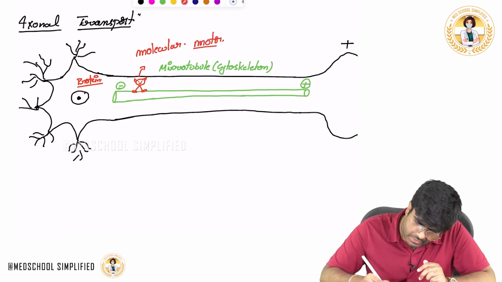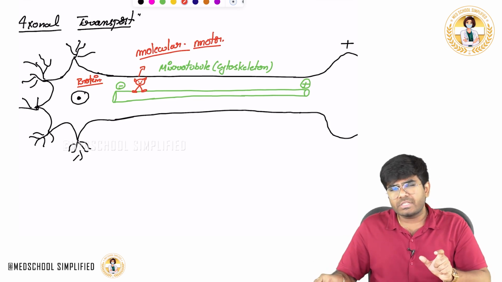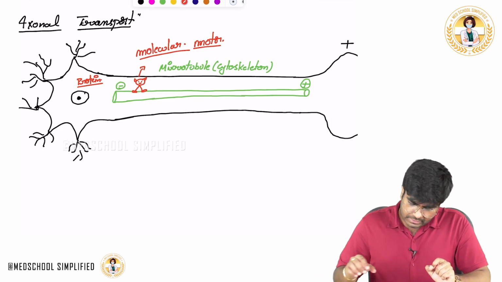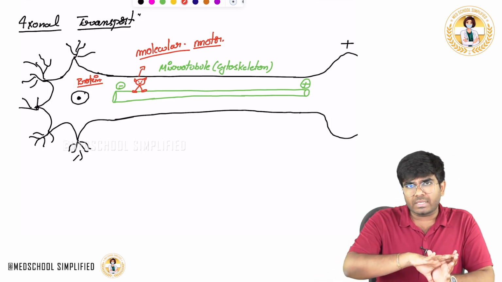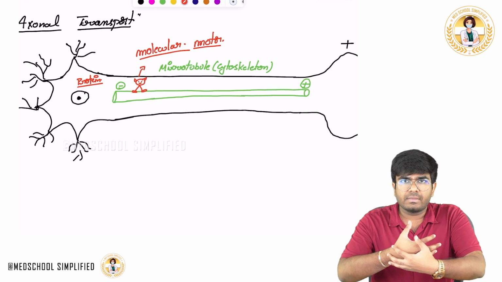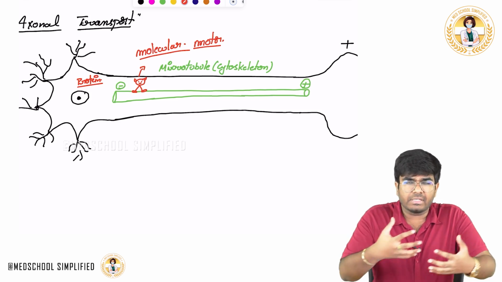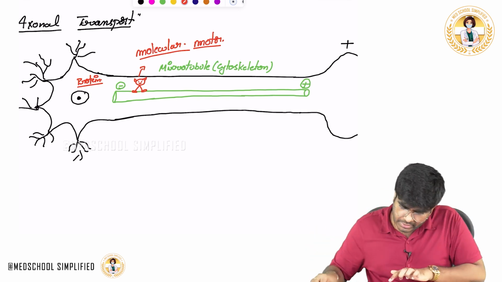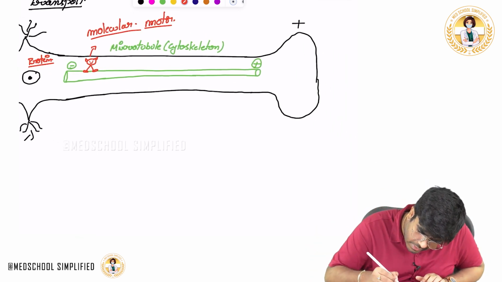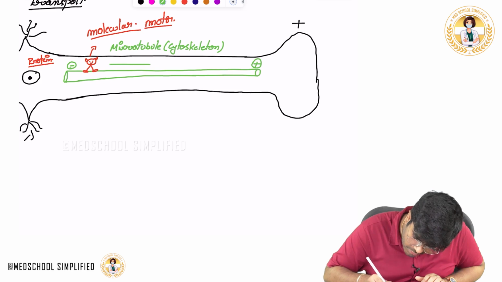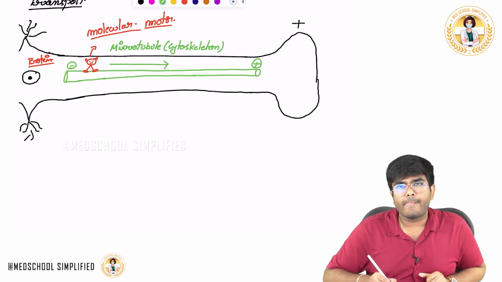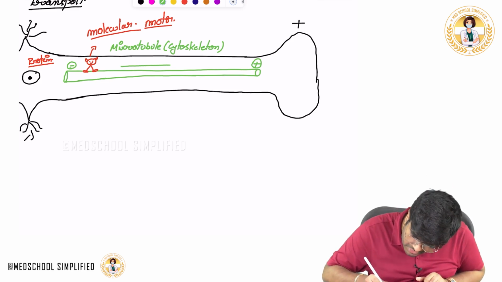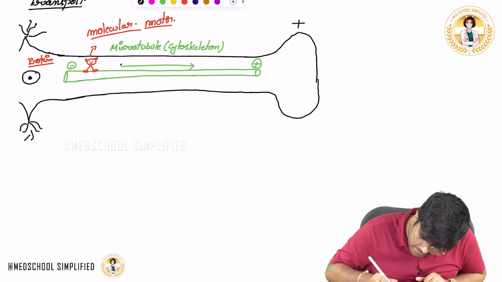What is he doing? See, this molecular motor, in the name itself, it's a molecule helping the motor movement. So the protein which is getting produced in the cell body will be taken by this molecular motor. The vesicle will be taken by this molecular motor and transported towards the positive end. The molecular motor is going to move towards the positive end. This movement towards the positive terminal is called